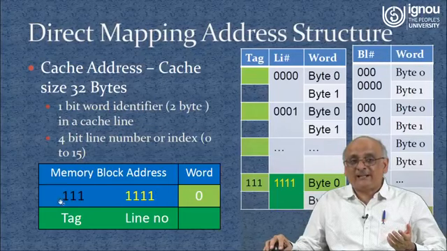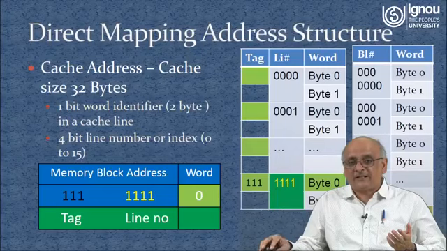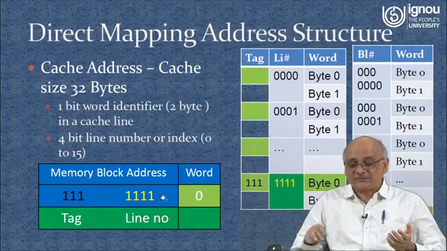The tag identifies whether this address is available in the cache or not. An address with tag 110, all 4 ones and 0, is not present in this particular cache line. Why? Because the tag does not match. The tag for that address will be 110, and the address stored in this particular cache location is 111 followed by this particular 111 and so on. This is how we map directly into a cache line. This is direct mapping. These 4 bits determine which line a particular address will be cached in.